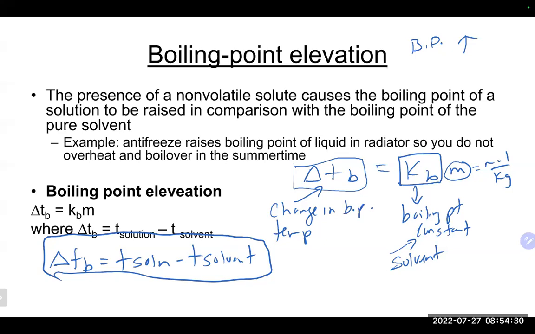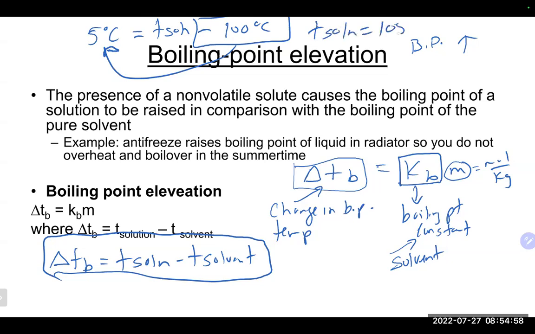So just to show you, if we did a calculation and it said the change of boiling point was 5 degrees Celsius for something like water, that would give us 5 degrees Celsius is equal to the temperature of the solution, which is what we're looking for, minus the temperature of the solvent, which if it was water would be 100 degrees Celsius. With that subtraction there, I'm going to add that to the other side, right? And that will give me a temperature of the solution that is 105 degrees Celsius,